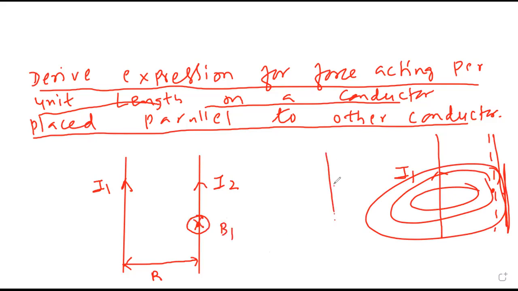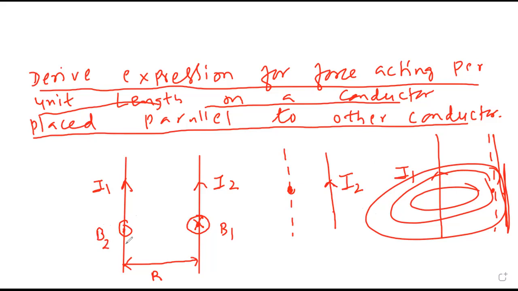And this I2 will also give a field to the I1 conductor, which is on the left side. What will be the direction, in or out? That will also be inward, right? No. See, I2. Hold the pen. Your thumb is upward. The palm on the right side will move in, and then it will turn and come out. So it will be outward.